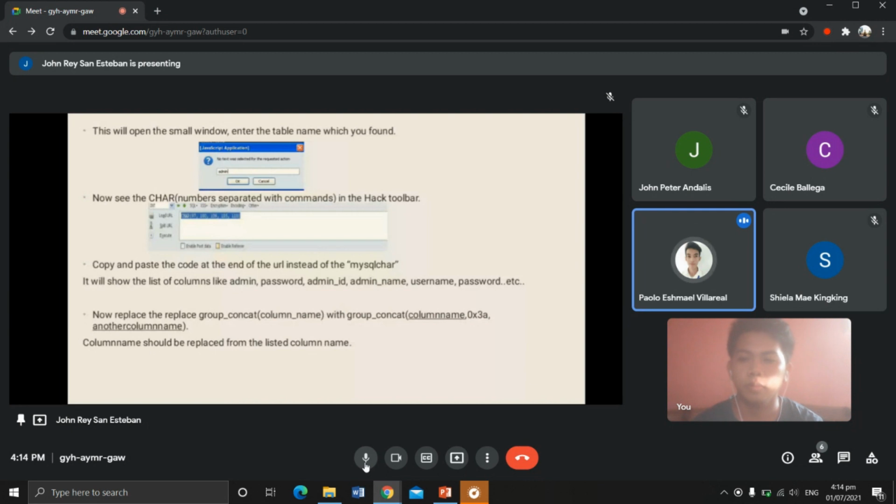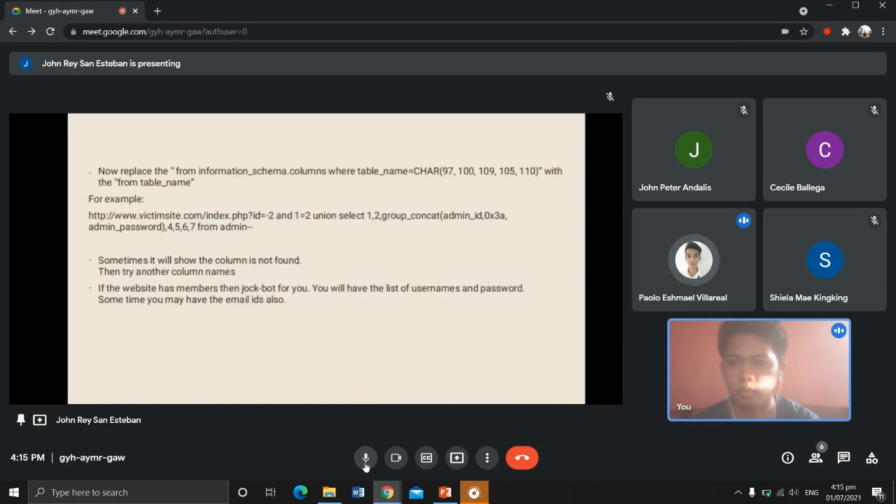Replace group_concat(column_name) with group_concat(column_name, 0x3a, another column name). The column name should be taken from the listed column names. Replace from information_schema.columns where table_name equals 97, 100, 109, 105, 110 with from the table name. Like for this example,